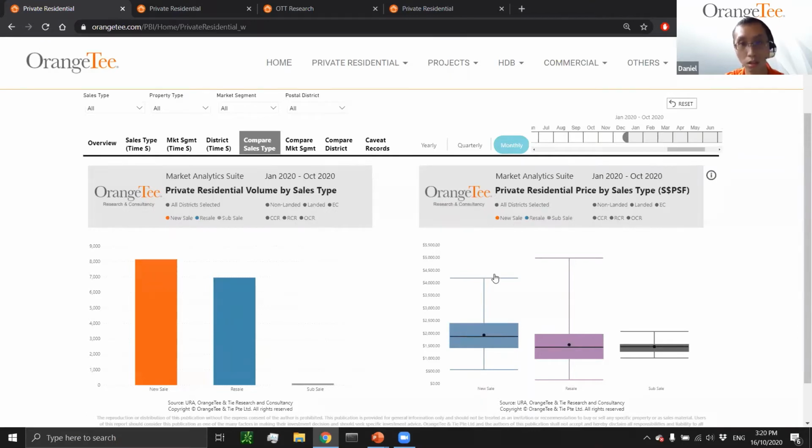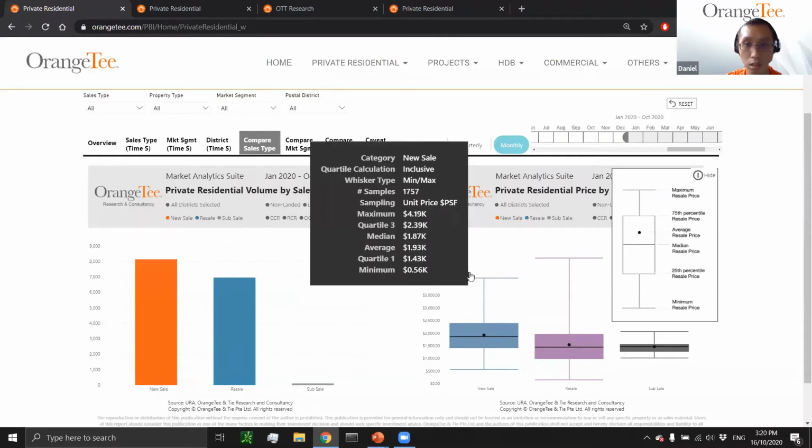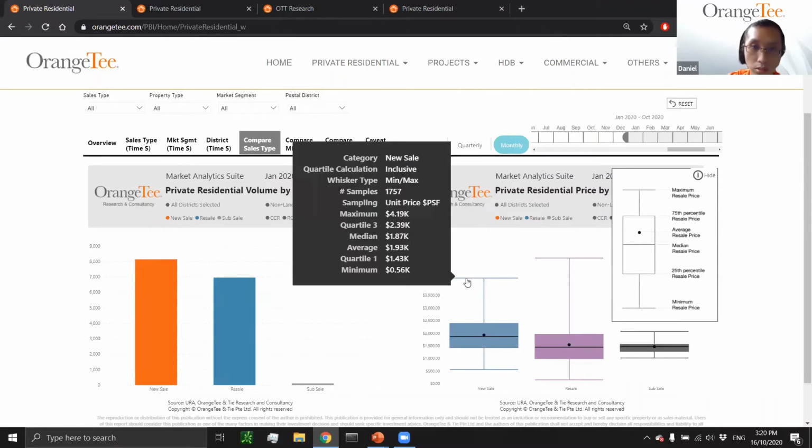In order to understand how to read them, we have an info button here to let users understand a little bit better. So to just go through, the top bar here tells you the maximum price that was sold. In the event of new sale, this top bar tells you the maximum price that was sold. And there's a tooltip that pops out. It tells the user that the maximum price is around 4.2K